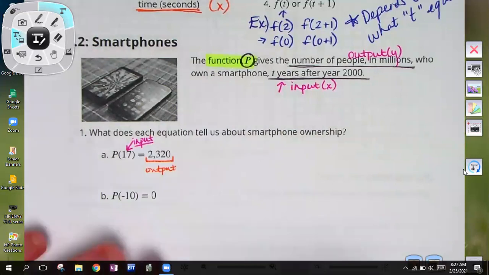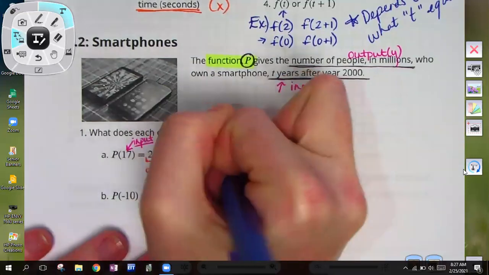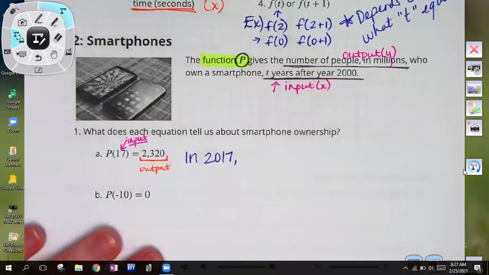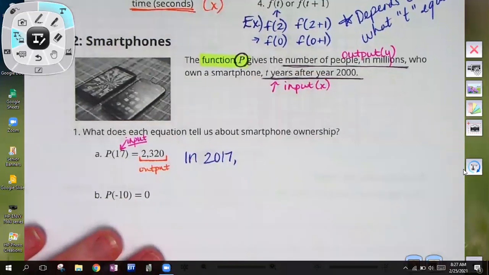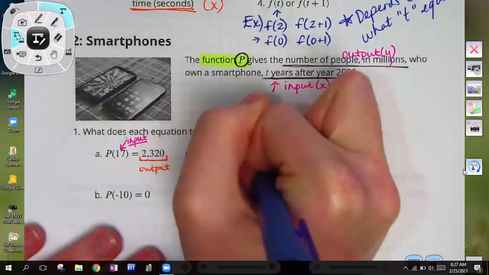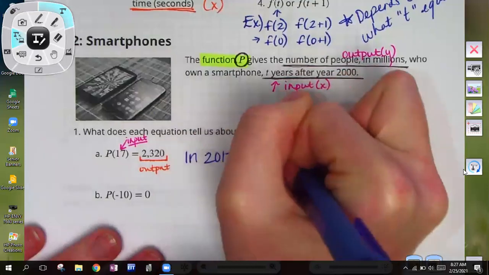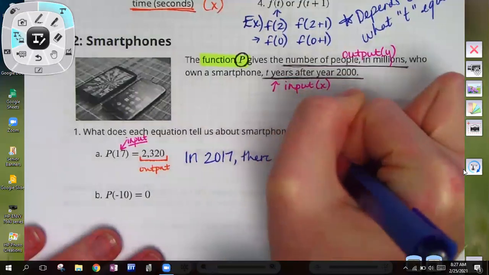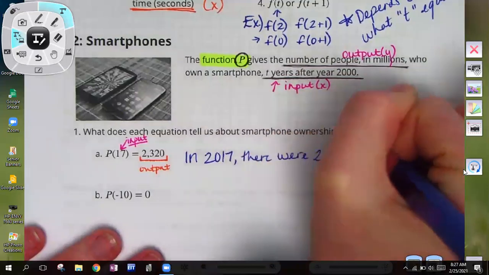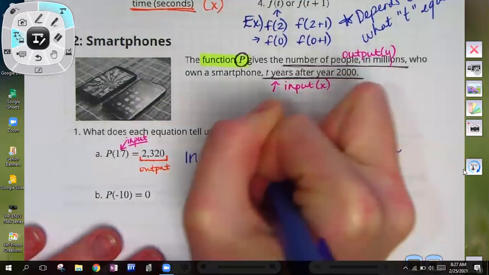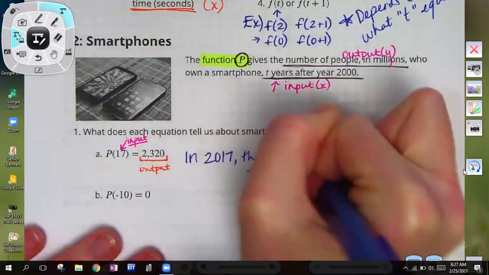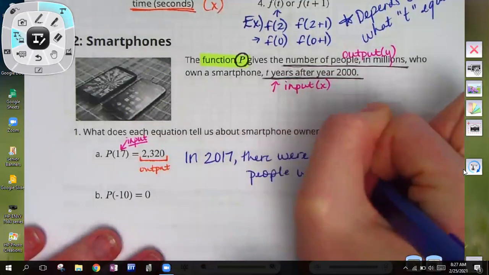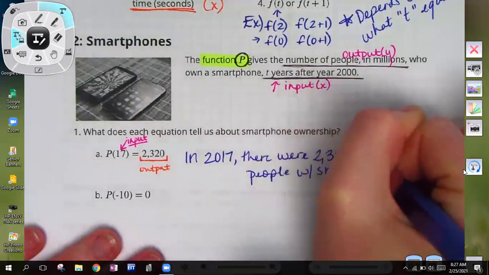In 2017, which was just 4 years ago, there were 2,320 million people with smartphones, which is